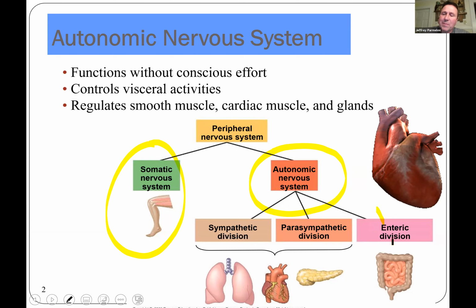And some people talk about an enteric division looking at the guts. I won't talk about that again. But the two we're going to really talk about here are, of course, sympathetic, fight or flight, and parasympathetic, rest and digest, if you will. So yeah, we can separate out all the nerves, your peripheral nervous system. It can be looked at as somatic, soma means body, and then autonomic. And then the autonomic, we've got these two